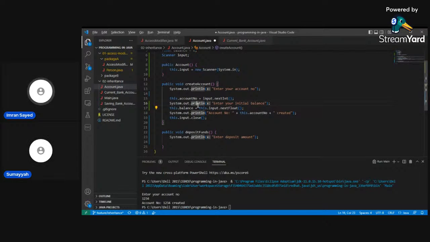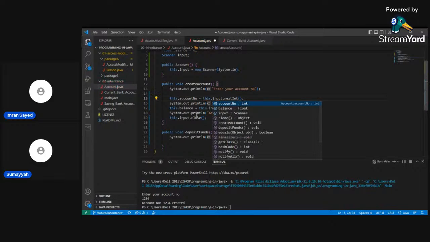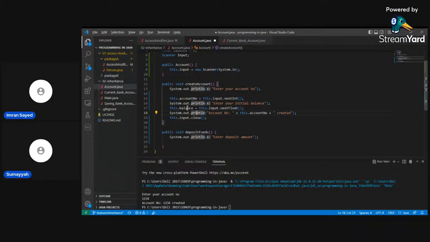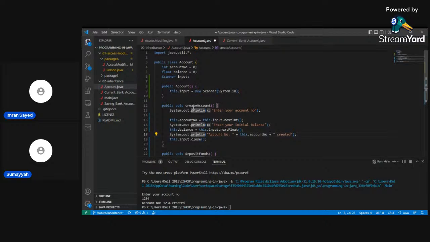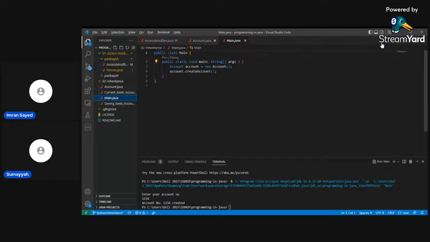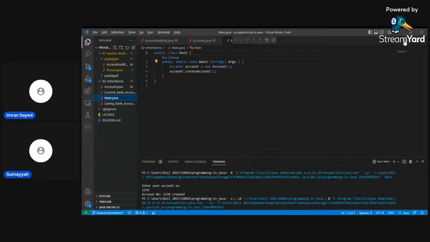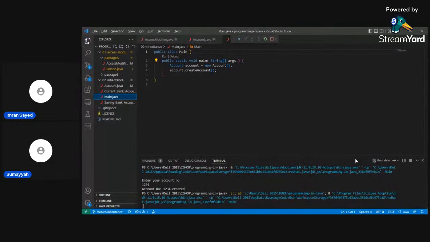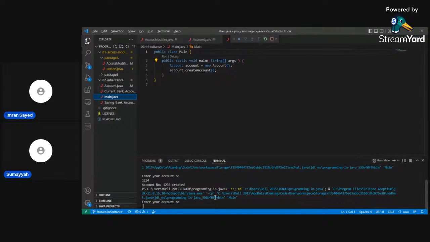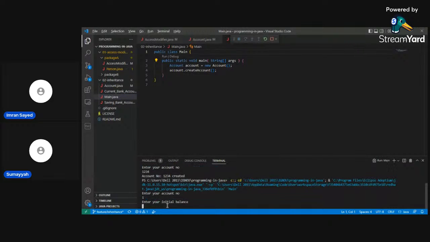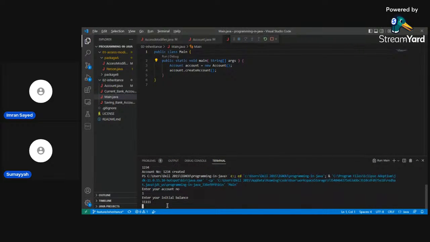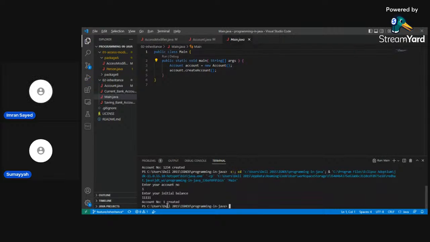Just run this much once you're done to make sure things are working as expected. Yeah, it's working. Great. Excellent.